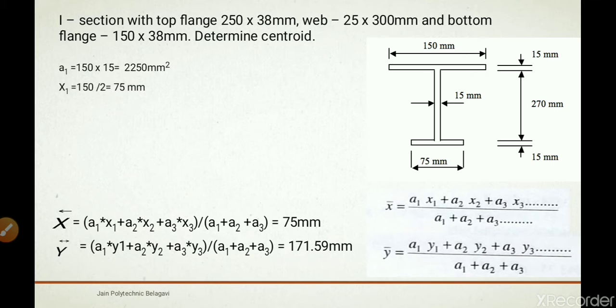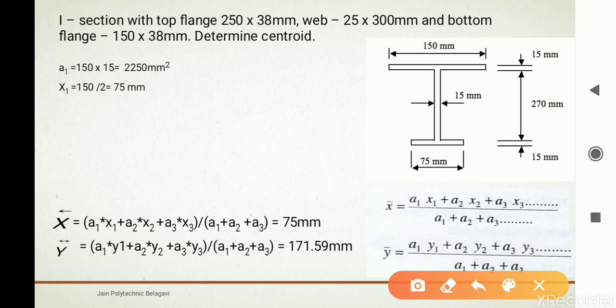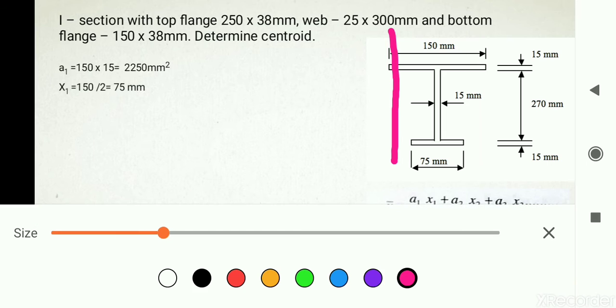Next it is x1. So x1 is with respect to the leftmost reference line. So x1 will be from CG of section 1. X2 will be CG of section 2, and x3 will be from this section.